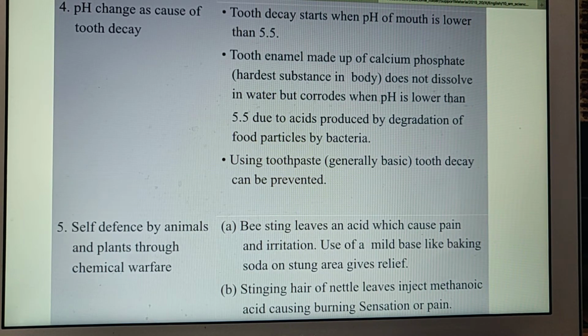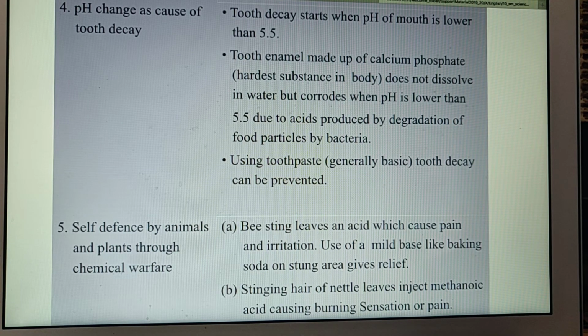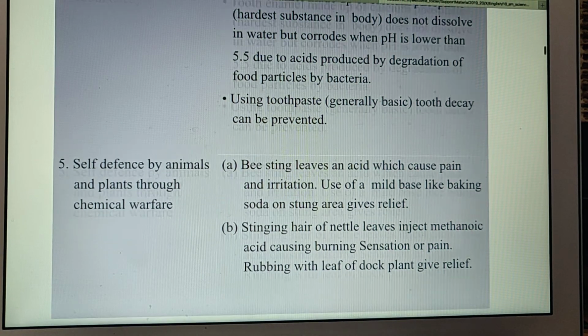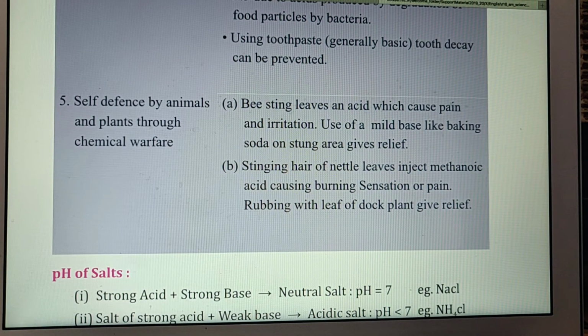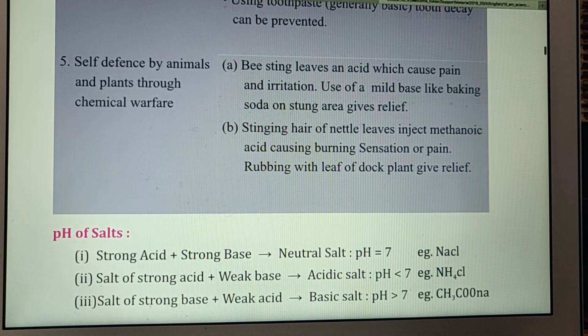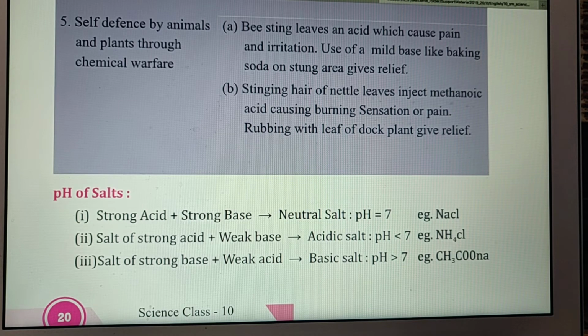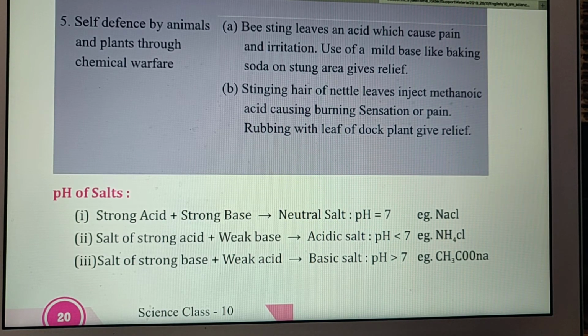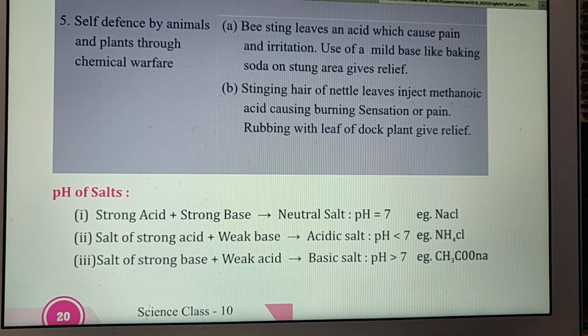Using toothpaste, which is generally basic in nature, tooth decay can be prevented. Now, some self-defense by animals and plants through chemical warfare. A bee sting leaves an acid, which causes pain and irritation because it is leaving some acid in your body. Use of a mild base like baking soda